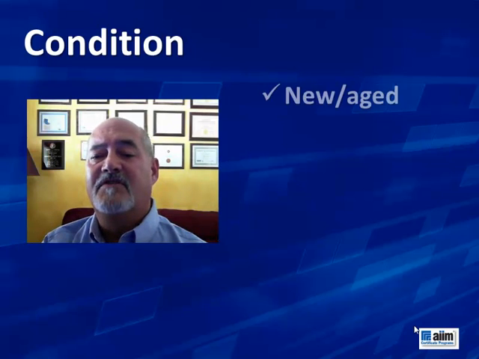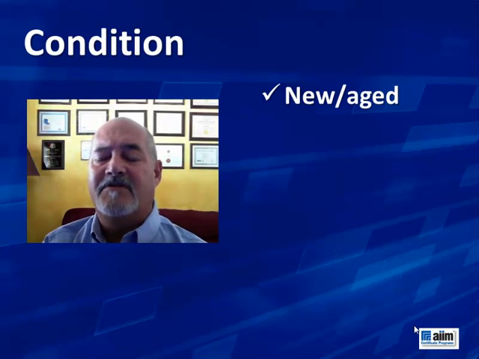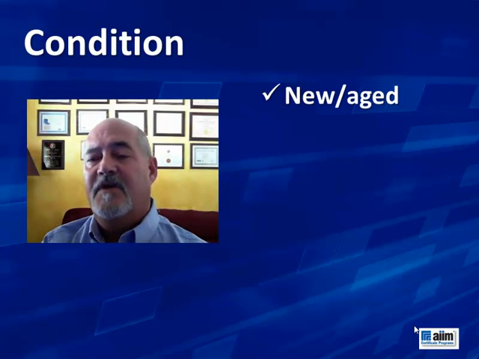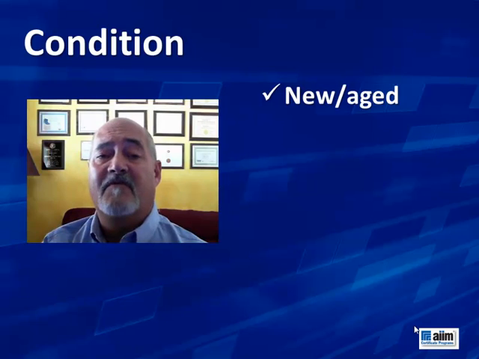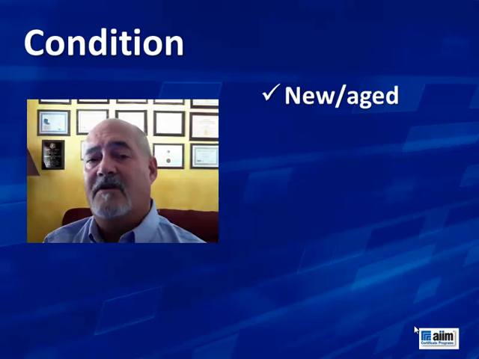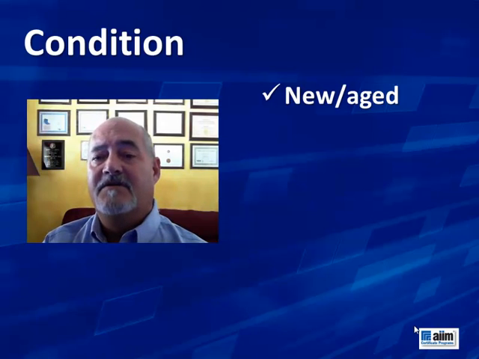What is the condition of this information? Are your documents fairly new, maybe 5 years or less, or do they go back to the 20s or even further, maybe to the 1800s? And depending on the type of document, you might be dealing with photos. Perhaps you're dealing with tin-type photos that came out in the 1800s. And tin-type photo is a metallic photo.